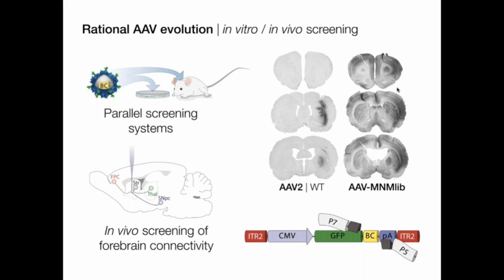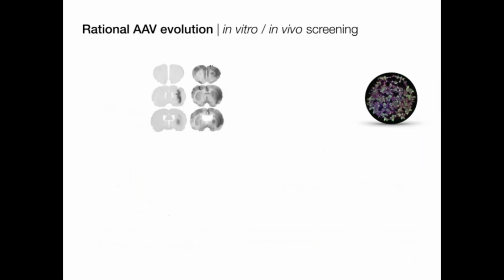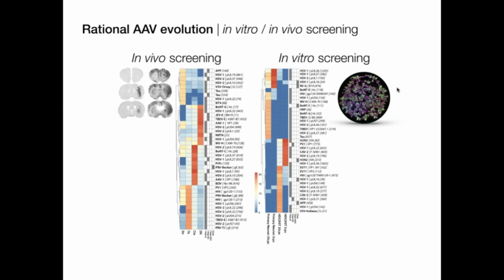So the cap gene is lost. It's a protein on the AAV capsid. So the only way to retrieve which capsid it was is to sequence the expressed barcode. So we did that with Illumina sequencing, and we could then build heat maps,